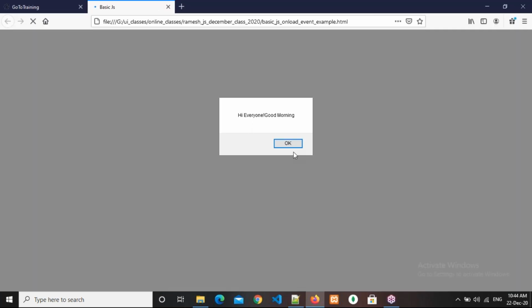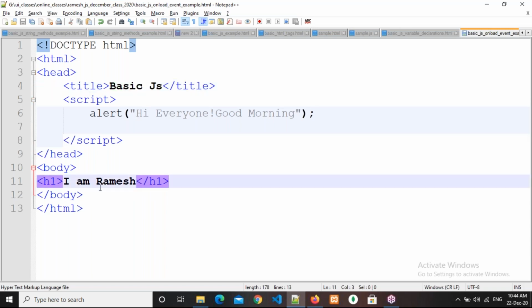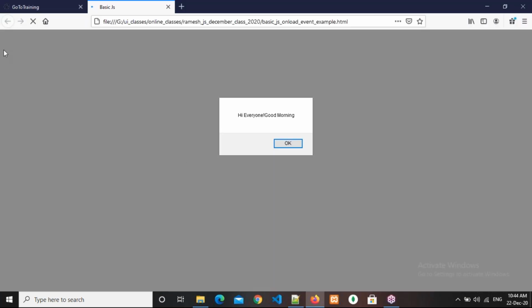See here, are you able to see any H1 tag here, I am Ramesh? If you observe in the script tag, there is an H1 tag and I am Ramesh is there. Are you able to see the H1 tag in the browser?